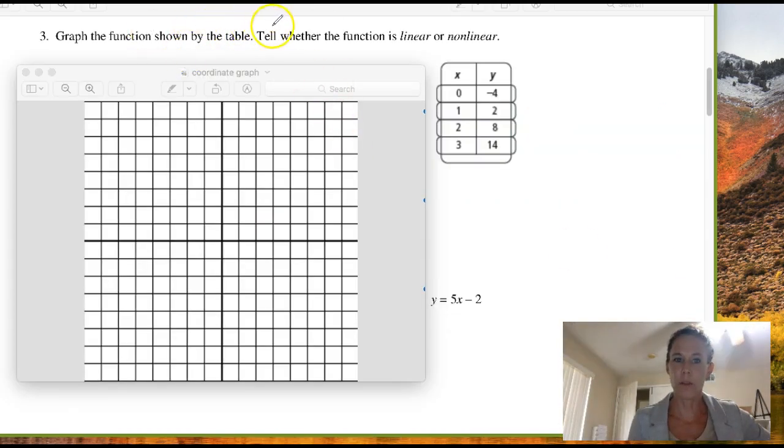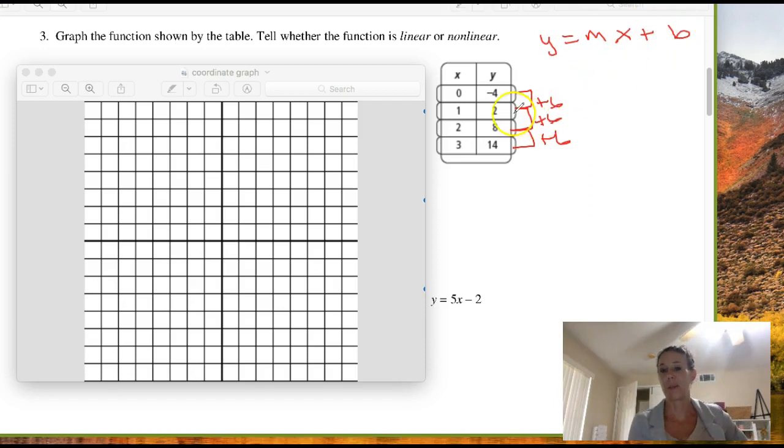Okay, we're going to graph the function shown by this table. Tell whether the function is linear or nonlinear. All right, before I even create a function, I can go ahead and find my common difference and put this in slope-intercept form really quick like I just showed you. To get from -4 to 2, I'm going to add 6. To get from 2 to 8, I'm going to add 6. 8 to 14, add 6. This does increase by 1 each time, so if I want to go in slope-intercept form,